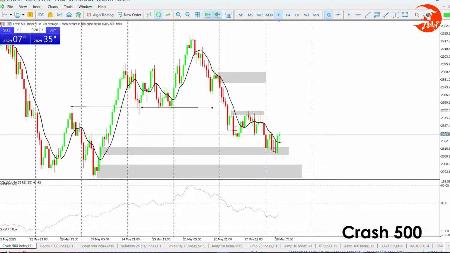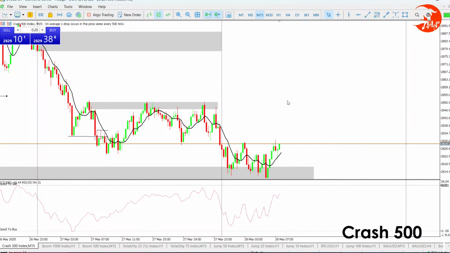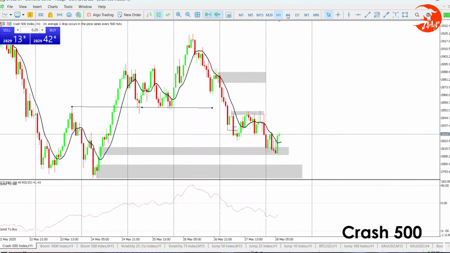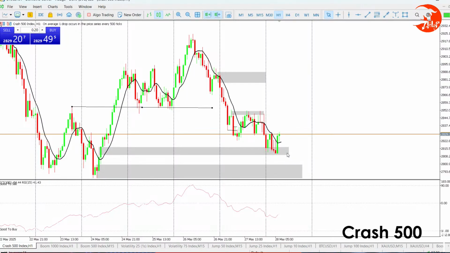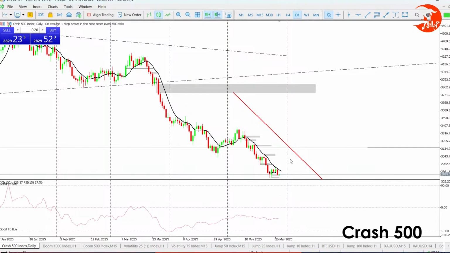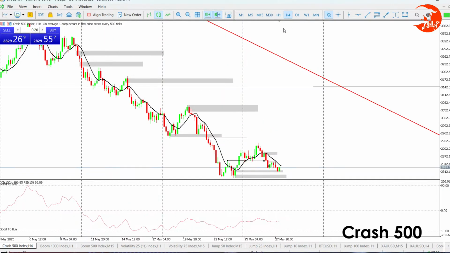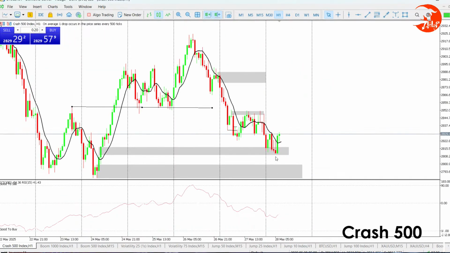All right, so on H1, our price is already above our 10 MA. If I go to M15, same thing. So how are we going to enter? If you have a big account, you can choose to enter now and put your stop loss right below this H1 fair value gap. If you have a big account, you can do that, because now according to the daily time frame, we have made that weak. I don't see us coming back all the way down below to mitigate that level.